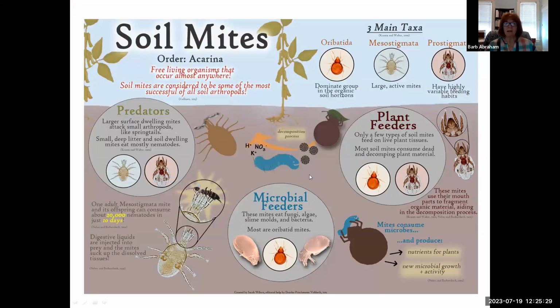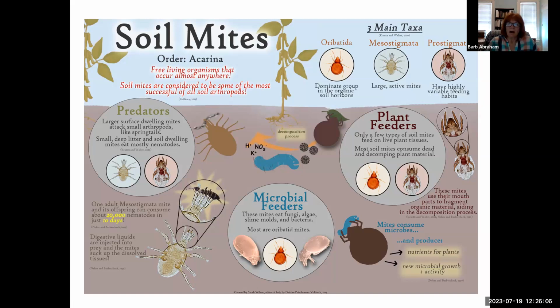Okay, another complicated diagram. The whole point of this is two things. Soil mites are very abundant. They are one of the most abundant soil arthropods. And again, they occur at different trophic levels. So there are, as we talked about earlier, predaceous soil mites. There are some that feed on microbes. And technically, these are put into the herbivore group unless you want to call them scavengers or saprophages.